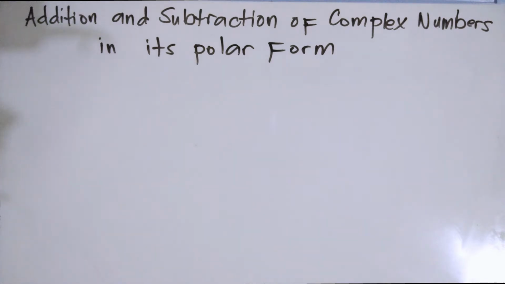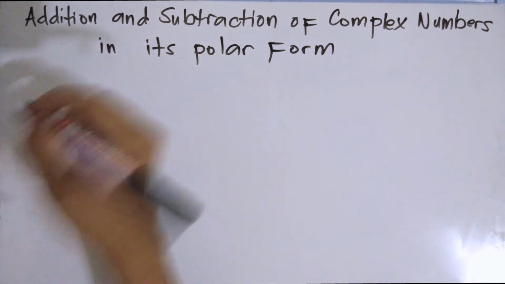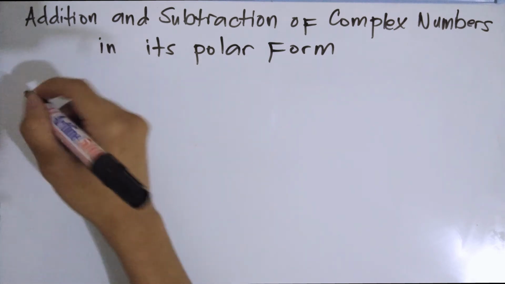Let's have a brief discussion on the addition and subtraction of complex numbers in polar form. From the discussion of the forms of complex numbers, I have told you that the polar form of complex numbers is best used in multiplication and division. So for this one, we will just demonstrate how to solve it using the general form of complex numbers in